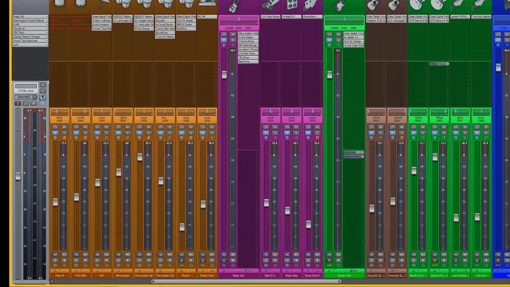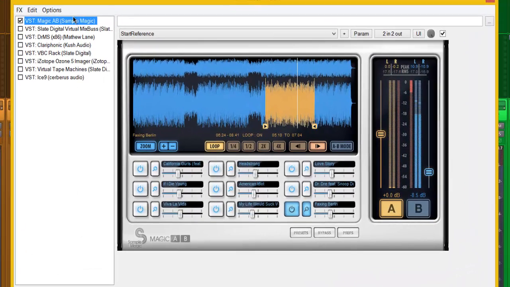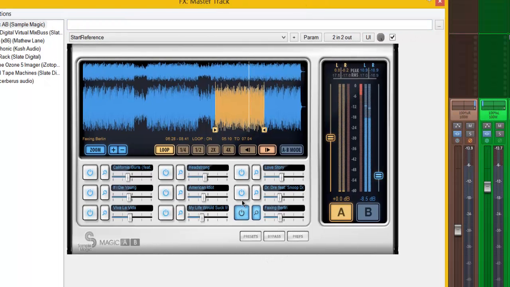Right, so I'll bring up the effects here. My first one is Magic AB by Simple Magic, and it's pretty cool for referencing tracks because you can load 9 tracks here, set loop points, and alter volumes of each track as well as the master in general. So this obviously isn't a good reference for this song, but